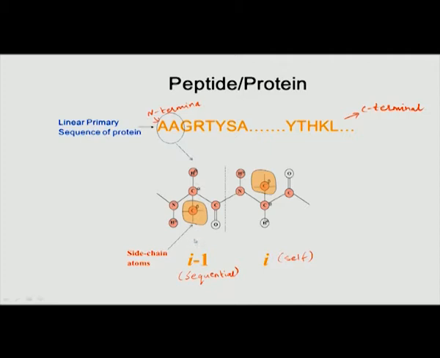So, you will have gamma, delta, epsilon on every amino acid. That portion of the amino acid is known as the side chain. This two-way differentiation is done because in peptide NMR, and specifically in protein NMR, not so much in peptide, there are different sets of NMR experiments which are particular to only the backbone atoms, or those which give correlations for side chain atoms. So, there is a segregation in terms of the nomenclature, and we distinguish these two sets of atoms, backbone and side chain.